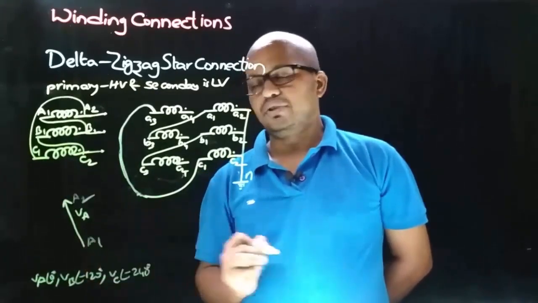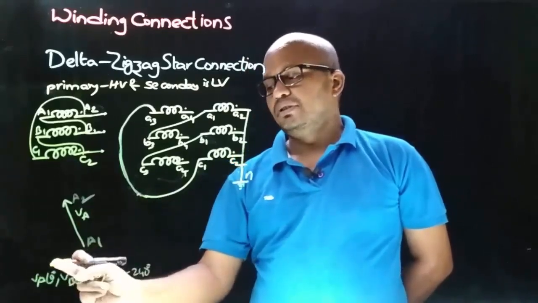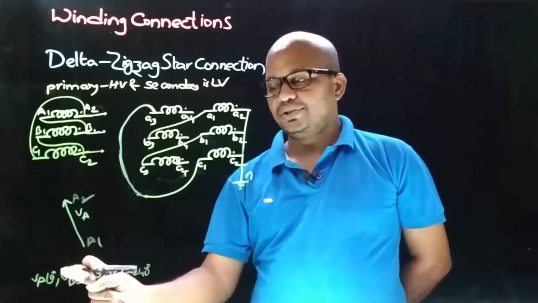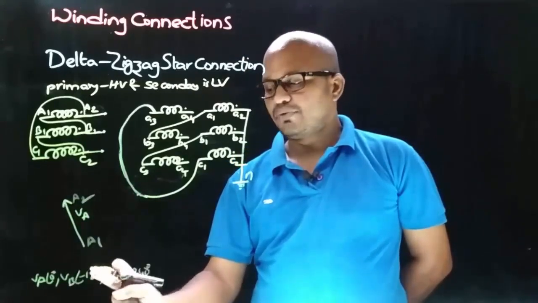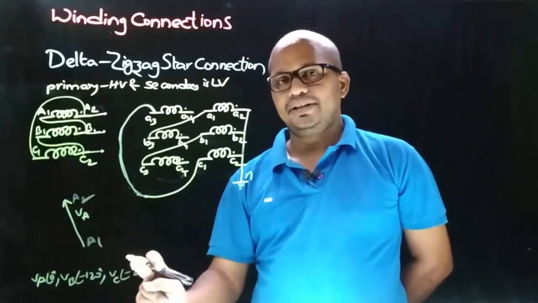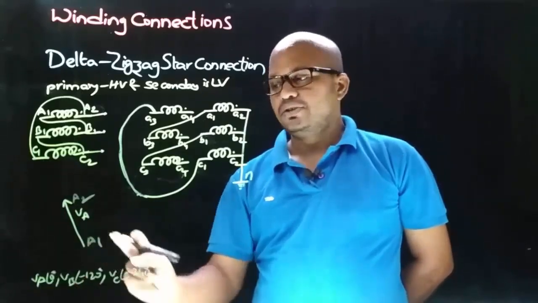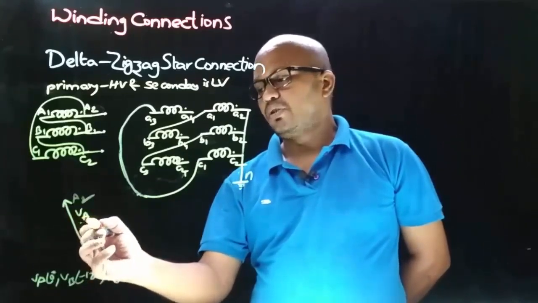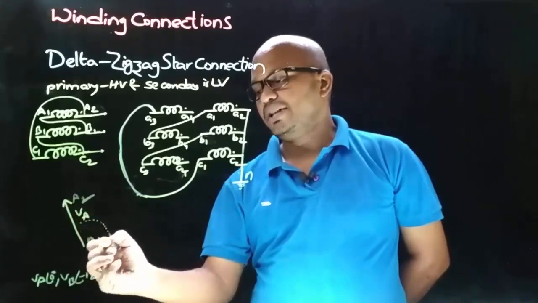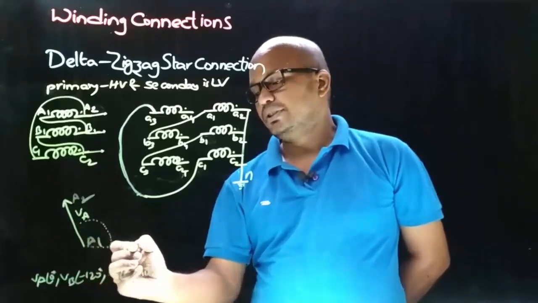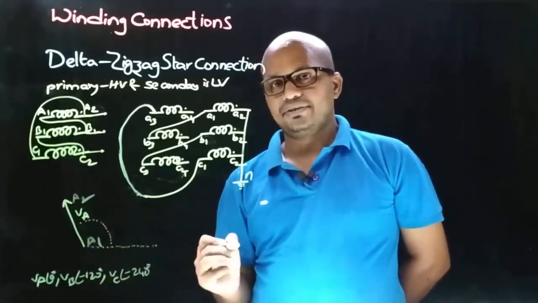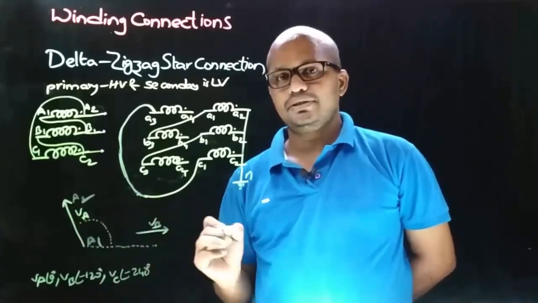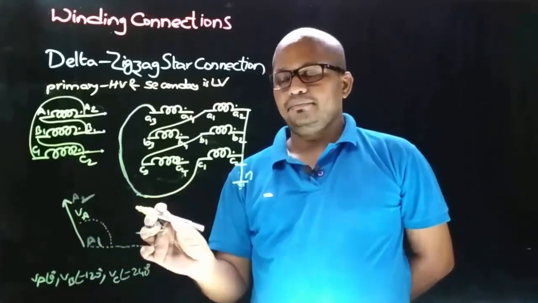end will be A1. In three-phase ABC system, if VA is taken as a reference, then VA will be at an angle 0 degrees and VB will be at an angle minus 120 degrees from VA, and VC will be at an angle minus 240 degrees from VA. So as we consider this VA phasor like this, therefore in clockwise direction at an angle minus 120 degrees, there will be VB phasor. Let's consider the VB phasor somewhere here like this, and now let's decide the terminals of